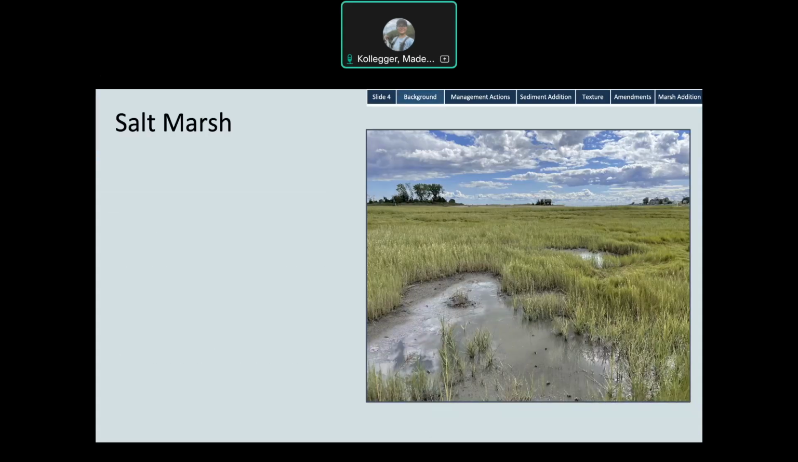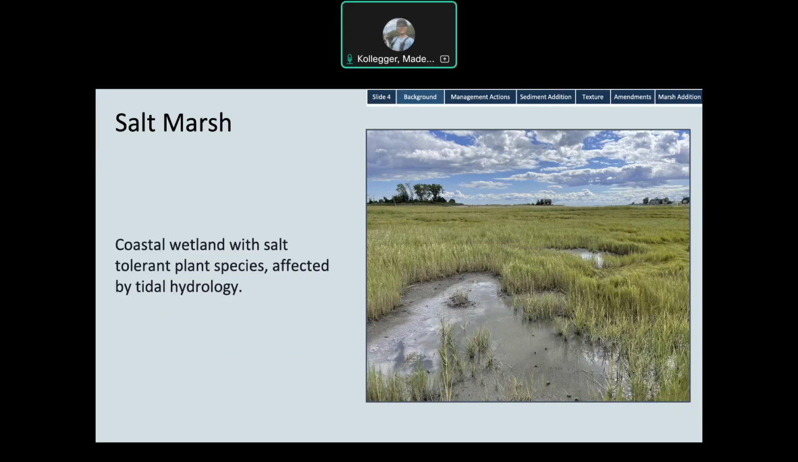And so the ecosystem of our talk today is a salt marsh, which pretty broadly can be defined as a coastal wetland with salt-tolerant plant species that's affected by tidal hydrology. Here on the right, you can see this is a marsh out in Guilford, Connecticut, which in Connecticut, we have 2 tides a day,